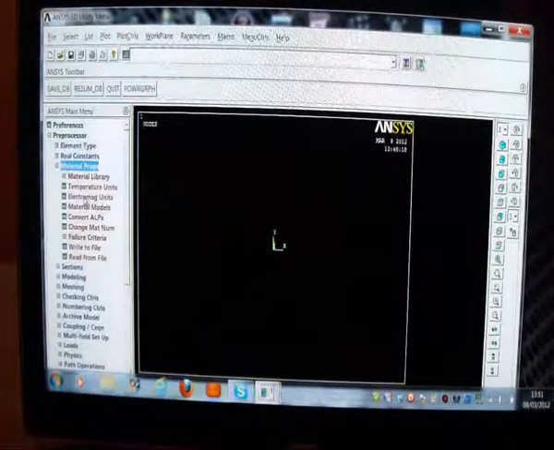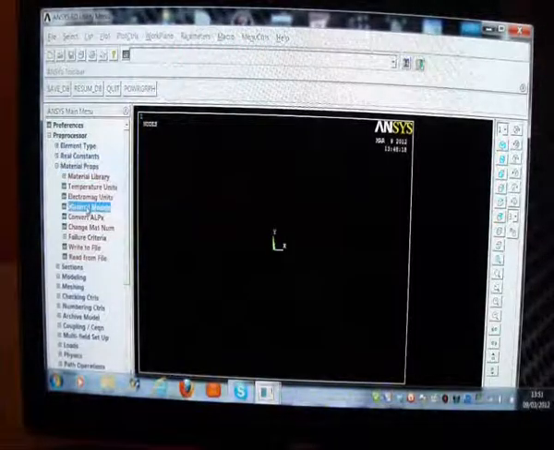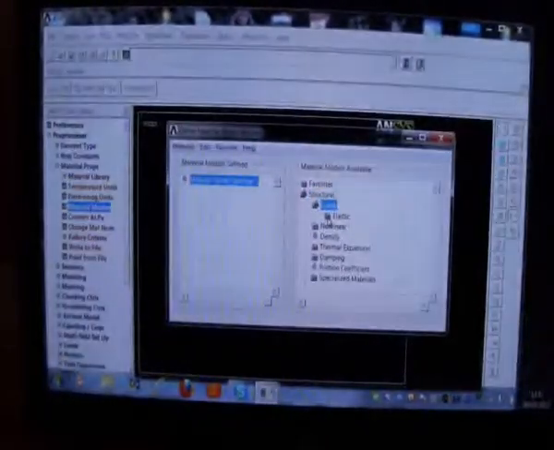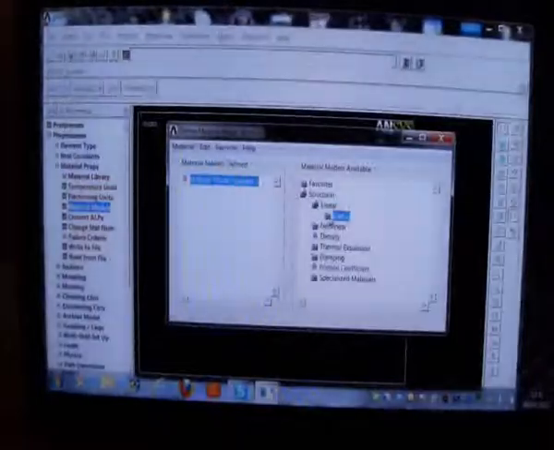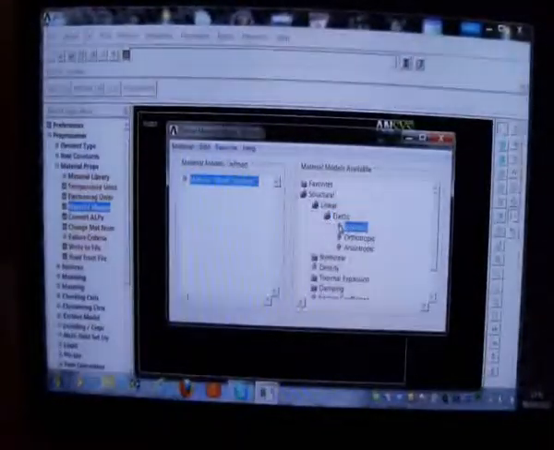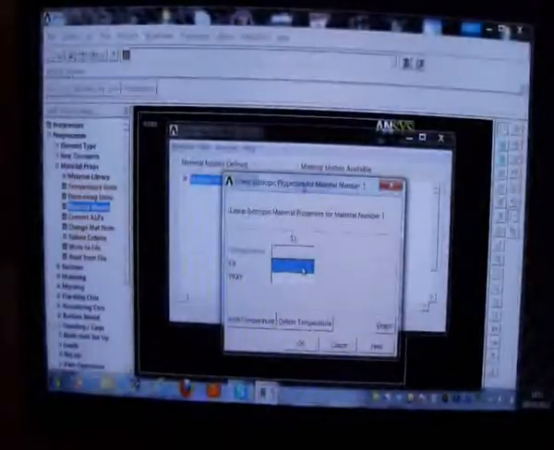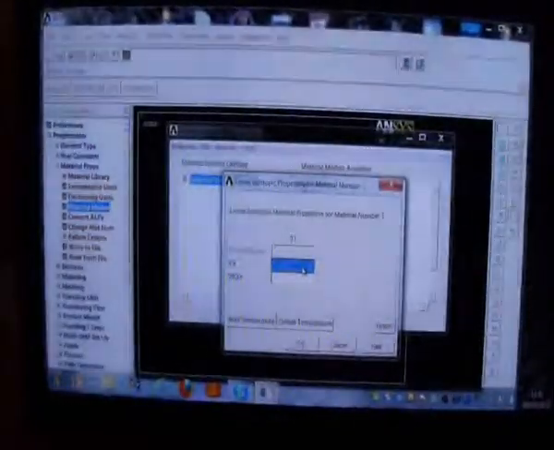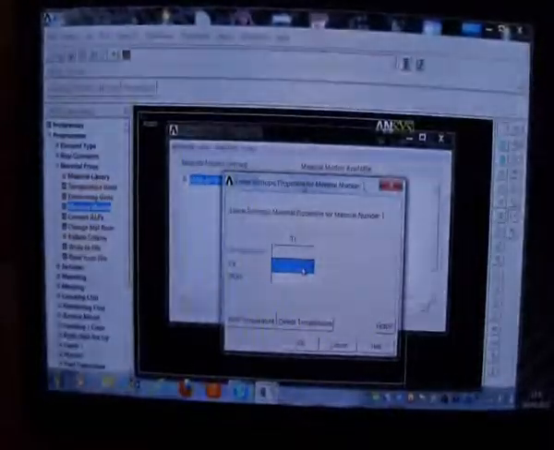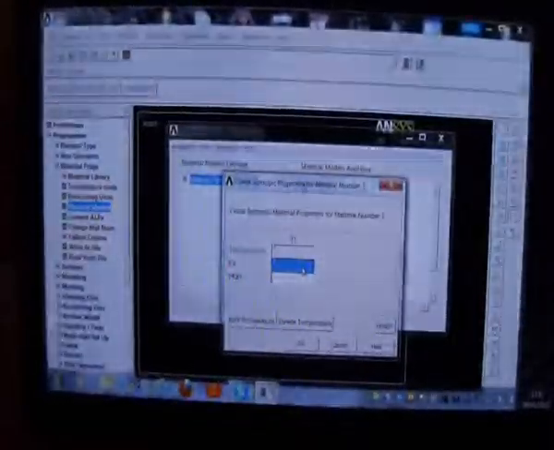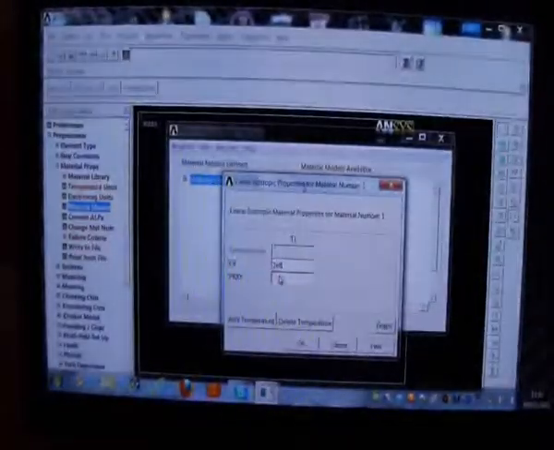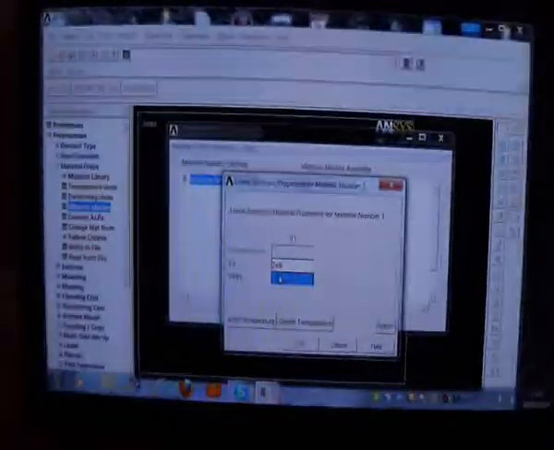I pick on material properties, I pick on material models, I pick on structural, I pick on linear, I pick on elastic, I pick on isotropic. Now be very careful with vibrations. If you draw your model in millimeters, then the E has to be in millinewtons per millimeter squared. I'm putting in steel, so I'm putting 2E8 millinewtons per millimeter squared, and the Poisson's ratio is